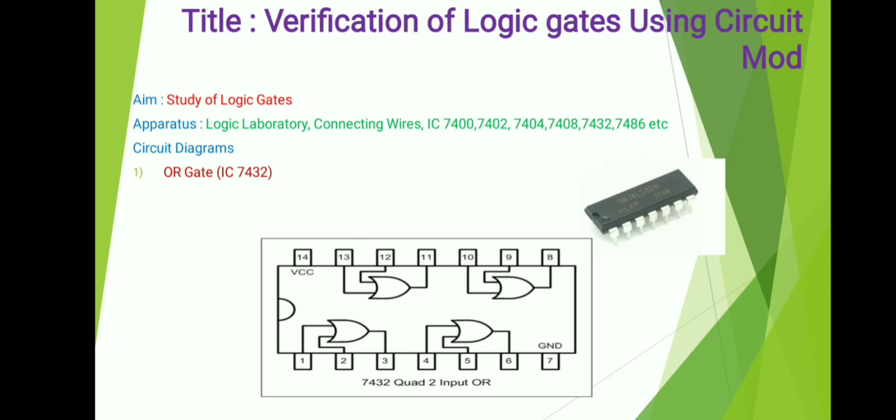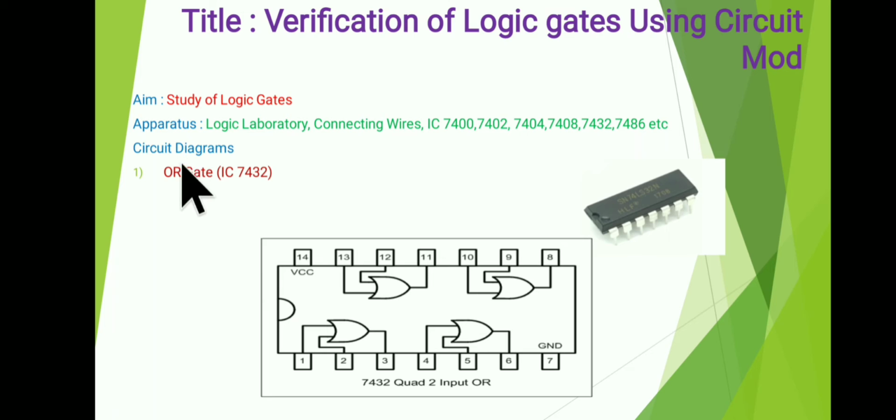Truth table shows the relation between the input and output. It consists of all the possible combinations of the inputs and the corresponding state of output of logic gates. The Boolean expression between the inputs and the output of a logic gate can be expressed mathematically. Let us now discuss the operation of various logic gates using IC.